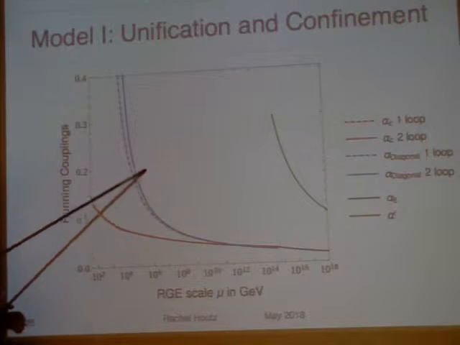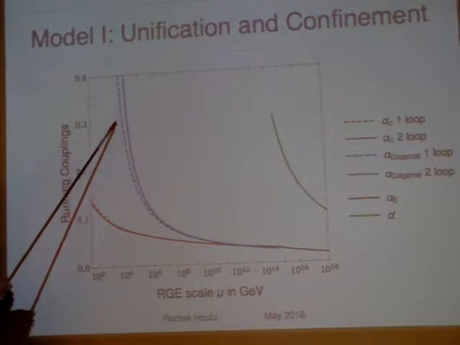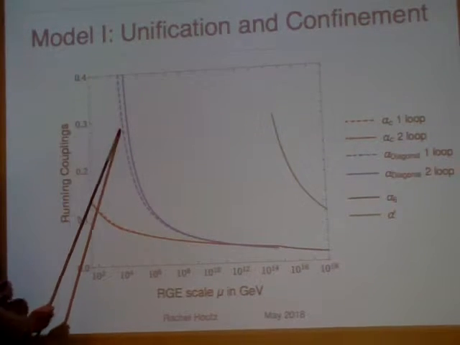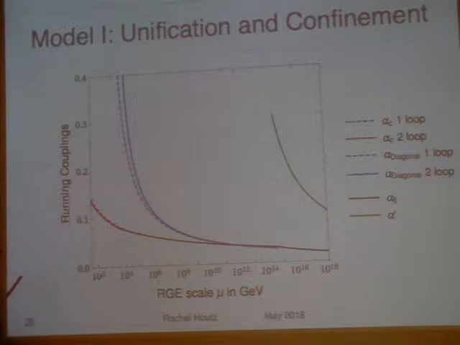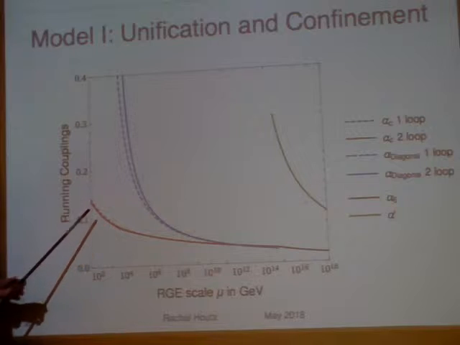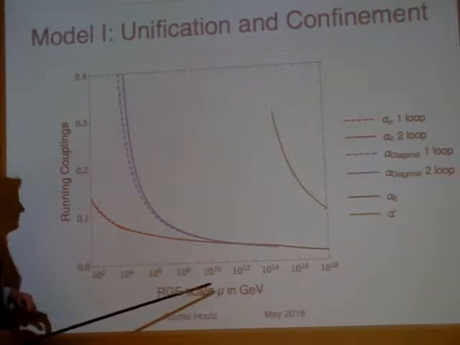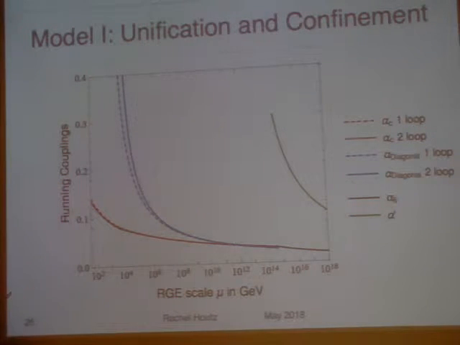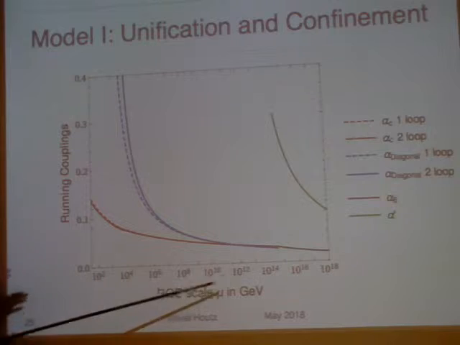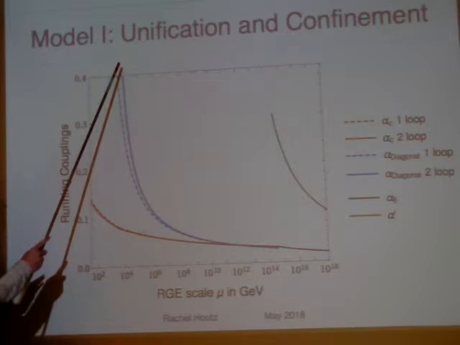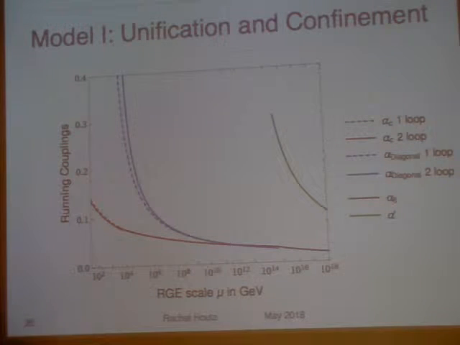And you can see that you get the diagonal to confine at a high scale. We calculated both the 1 loop running and the 2 loop running. The 1 loop is the dotted and the 2 loop is solid. The 2 loop gives us a slight improvement on high scale confinement for SU3 diagonal, and we have QCD in red. The confinement scale is 4 TeV. Our cut breaking scale, we were forced to push up to somewhere between 10 to the 14th and 10 to the 15th GeV. So we're able to accomplish this unification story with the boundary conditions and a high confinement scale for SU3 diagonal, given both the psi and the chi matter content, which is good.